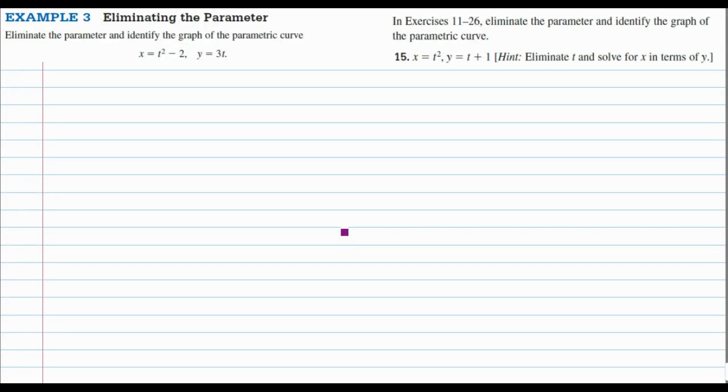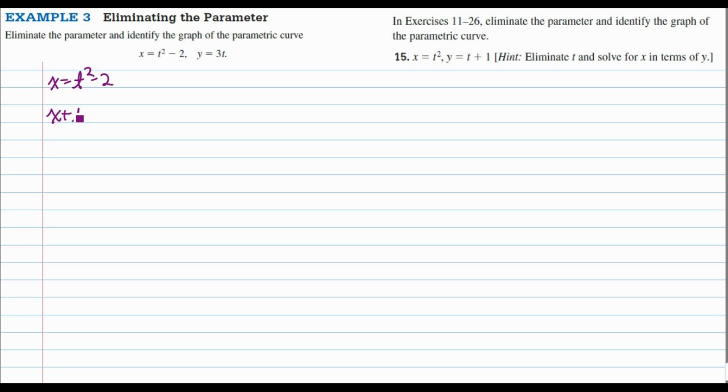This is a screencast for section 6.3, example 3. We're eliminating the parameter again, just with a little bit more of a complicated situation. So in example 2, we would have solved x, the horizontal expression, for t, which means you would have had